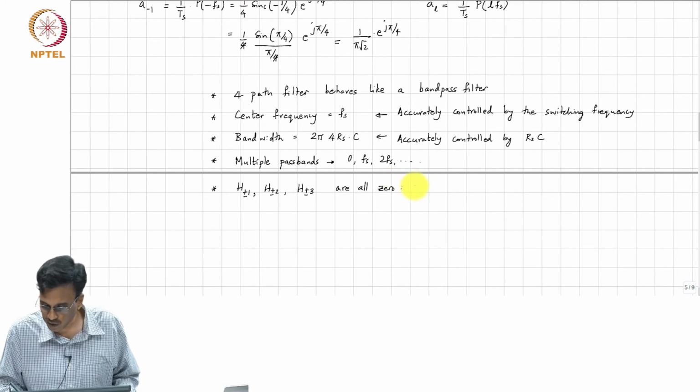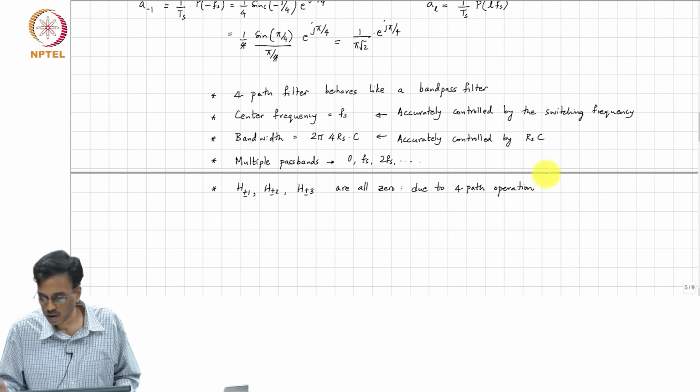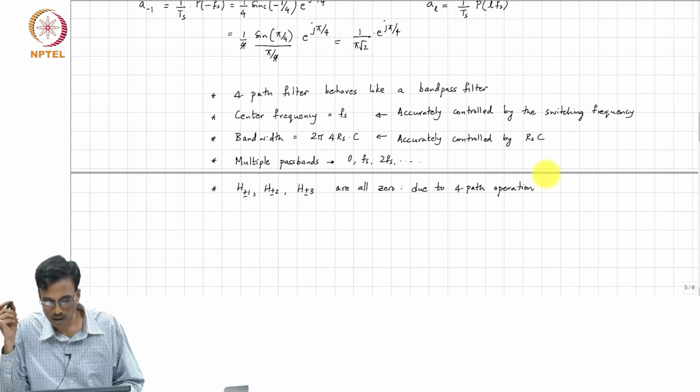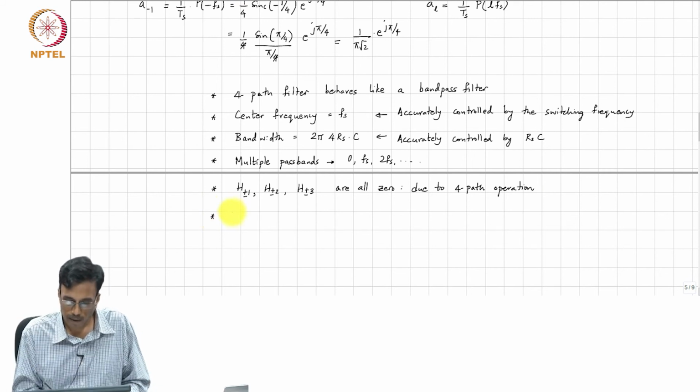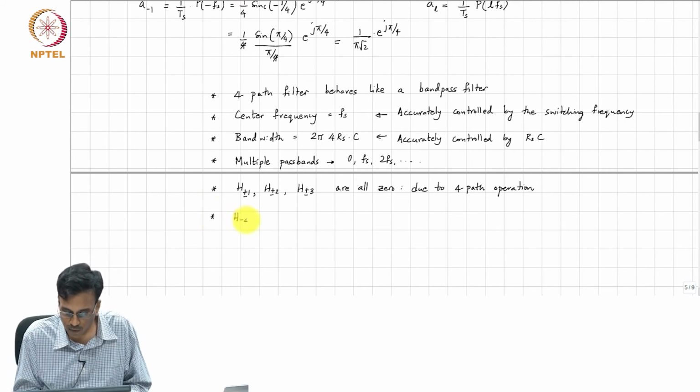Because this is due to 4 path operation, right. Okay, but H minus 4 is non-zero,